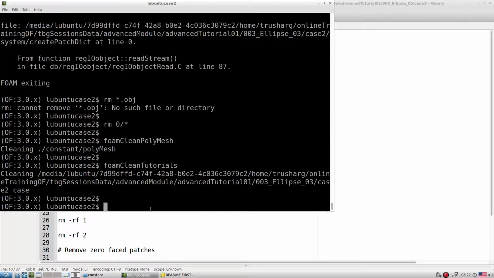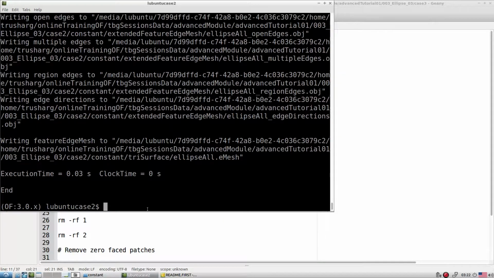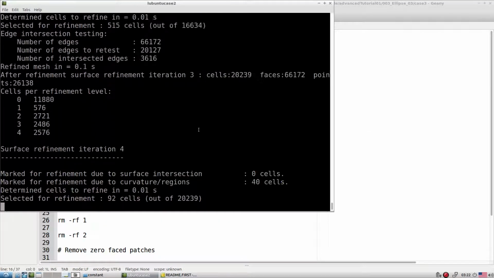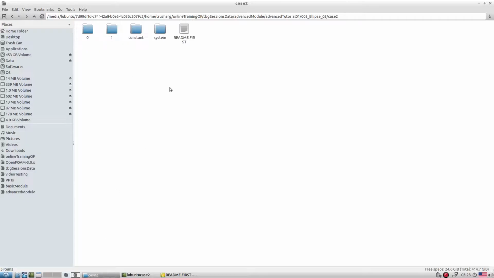If I don't use the overwrite option with blockMesh, I am not using the overwrite option. If you don't use the overwrite option, what is going to happen is something like this. In this area you get 1, 2, 3 folders. The first folder is for castle mesh and snap mesh, the second and third folders are for the layered mesh, and we are supposed to copy the last one, the latest time directory, inside the polyMesh area.